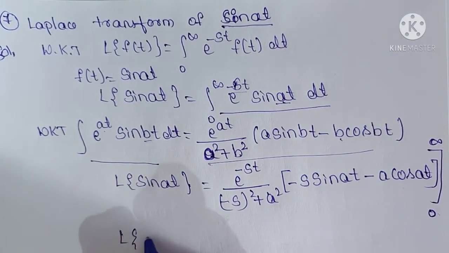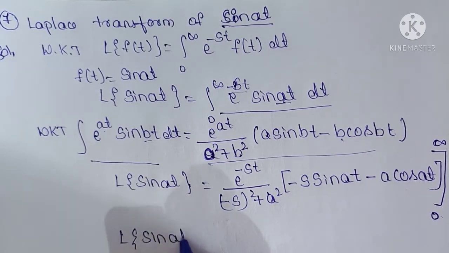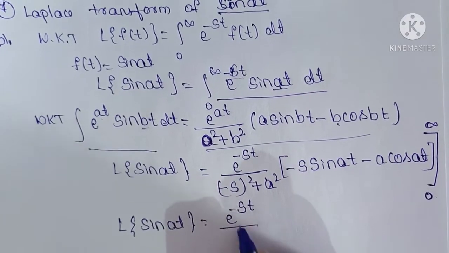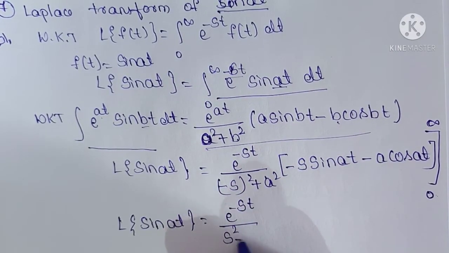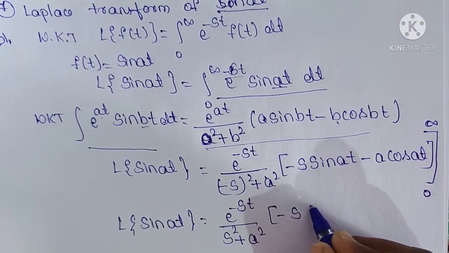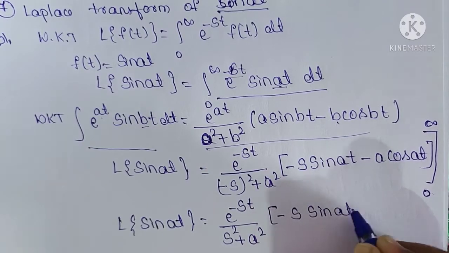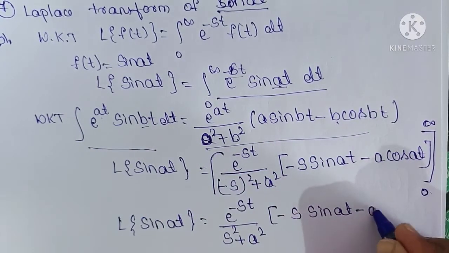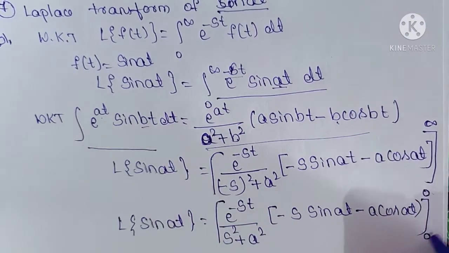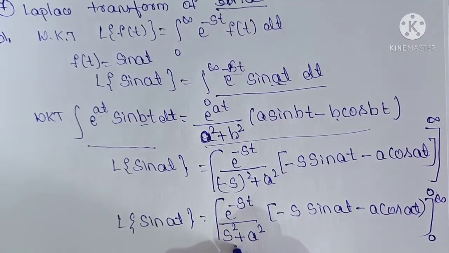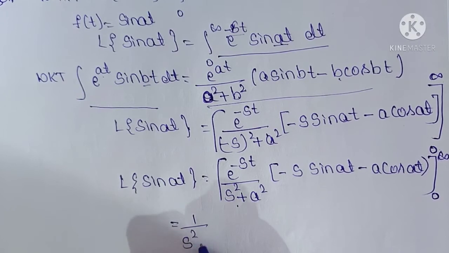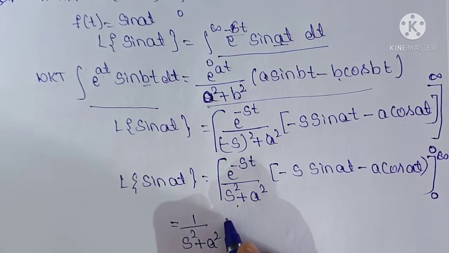L of sin at is equal to e power minus st divided by minus s whole square, plus s square plus a square, minus s sin at, minus a cos at, limits 0 to infinity. Now here s square plus a square is constant. You take it out: 1 by s square plus a square. For the remaining term you apply